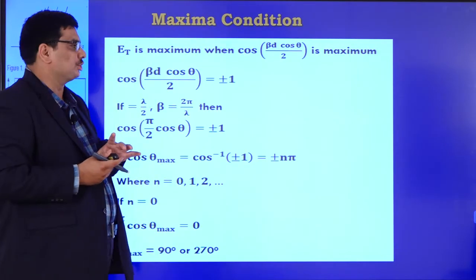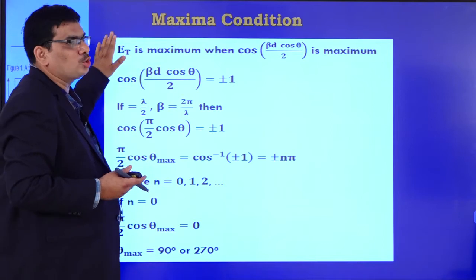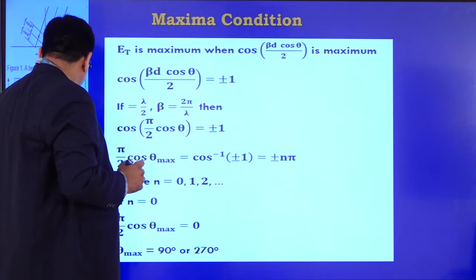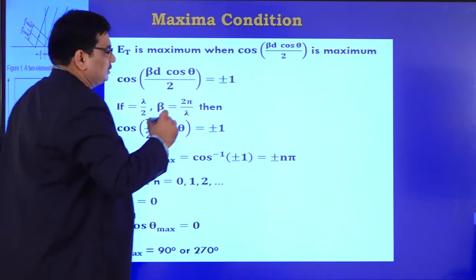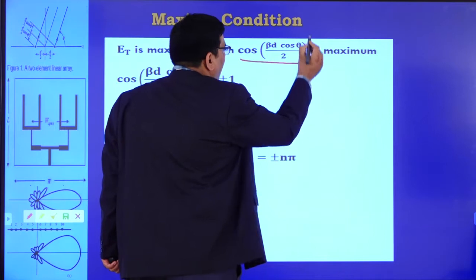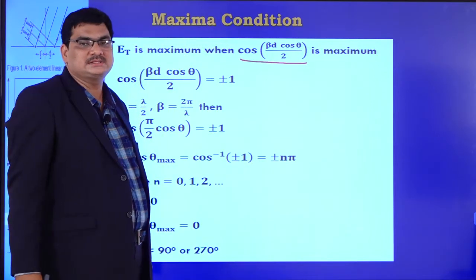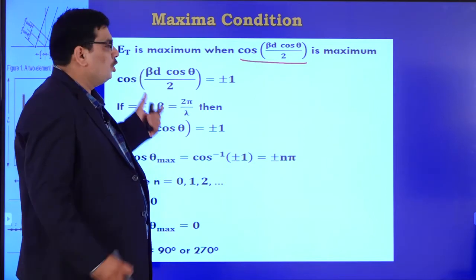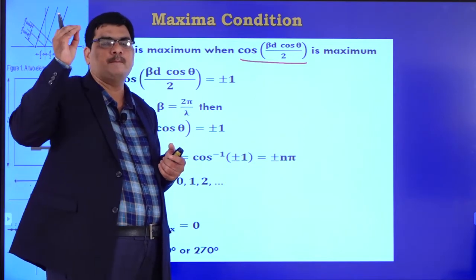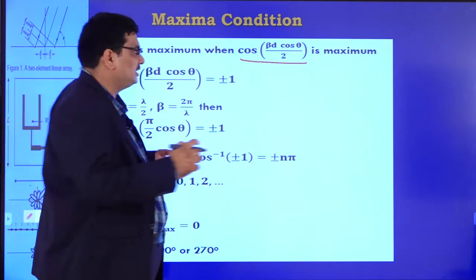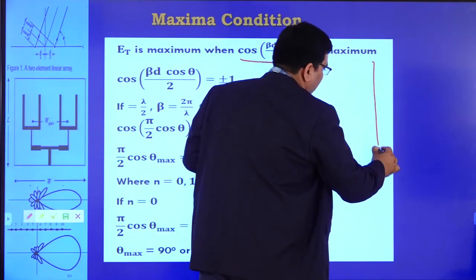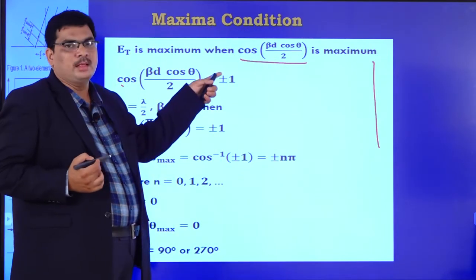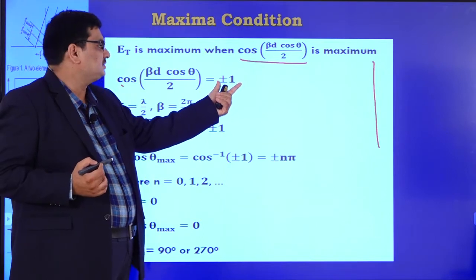So, the maxima condition, when we get the maxima of your total radiation field. We are saying that this maxima is in some particular direction. Suppose when our cos(beta d cos theta / 2) is maximum, whenever your Et is maximum, we are getting the maximum signal at plus or minus 1. So, in this direction we can get the maxima signal. So, cos(beta d cos theta / 2) is equal to plus or minus 1,